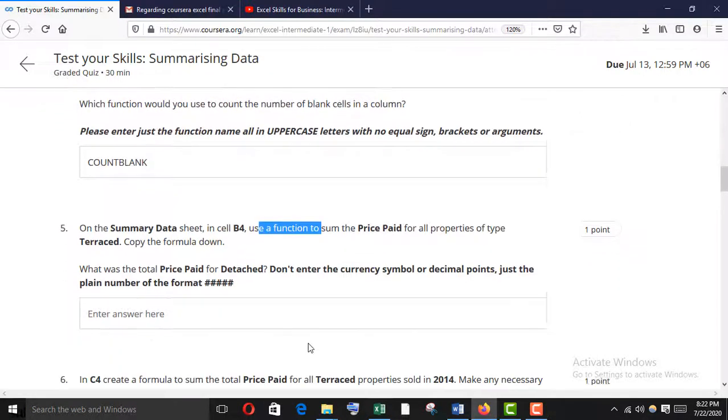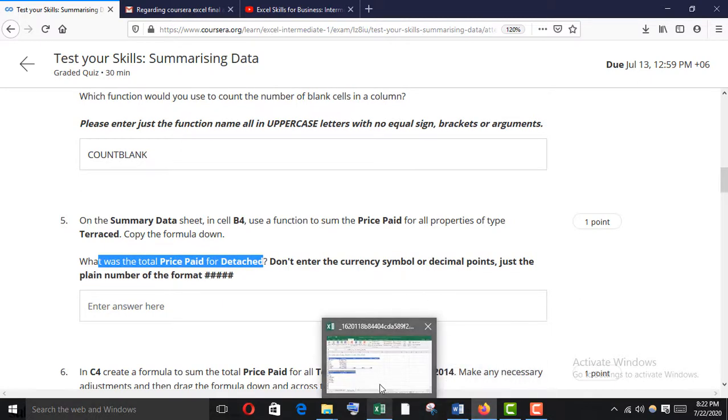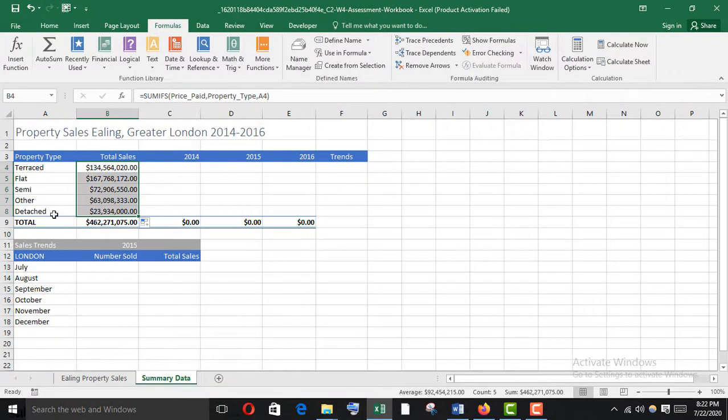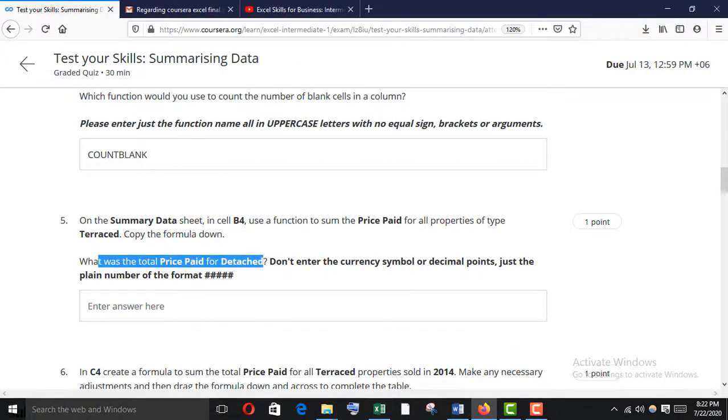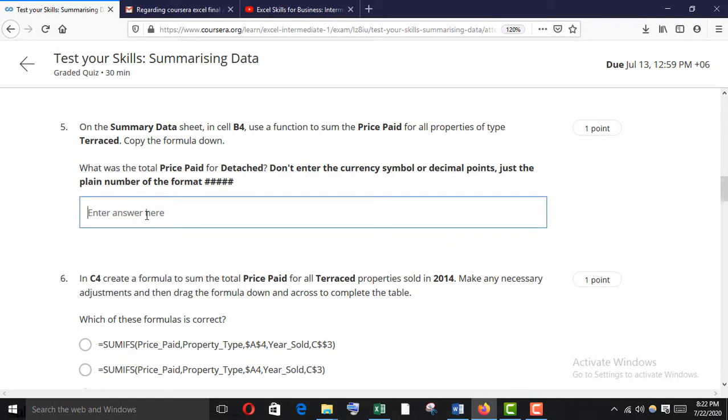So what is the question, and what was the total price paid for detached? Okay, so total price paid for detached, and this is here. Just copy it and paste it here and remove all the decimals, comma, and dollar sign. Okay,